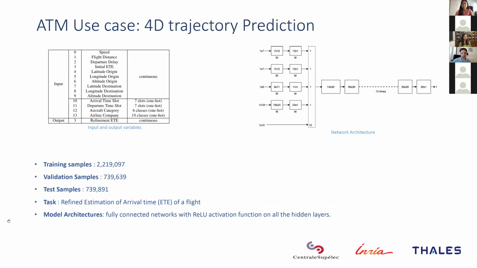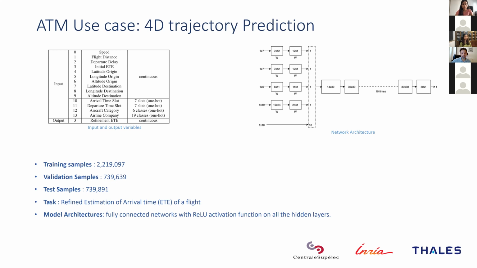Next slide, please. So I work on air traffic management. This is one of the applications that was presented to us. It is 4D trajectory prediction, that is, a prediction of coordinates X, Y, Z and time. The case study we have presented in the paper is about predicting this time. So it is a case of tabular data. As we can see, it is a good example of tabular data because it has both continuous variables and categorical variables